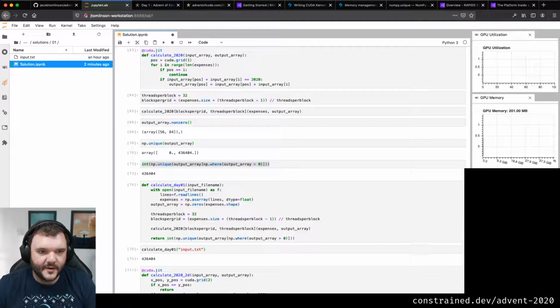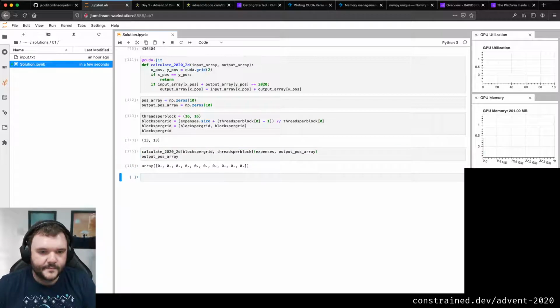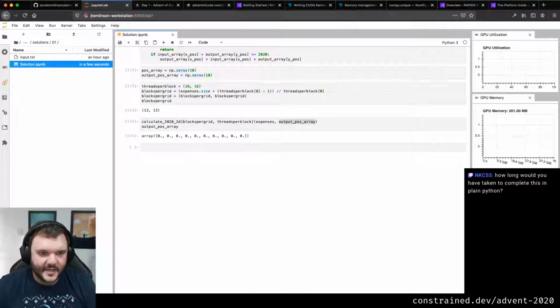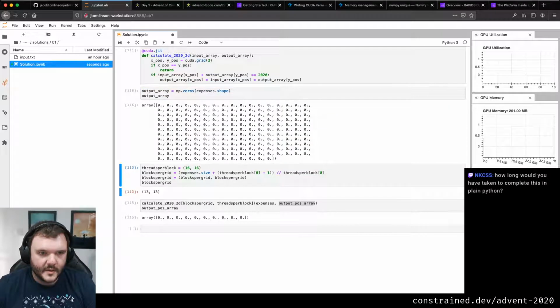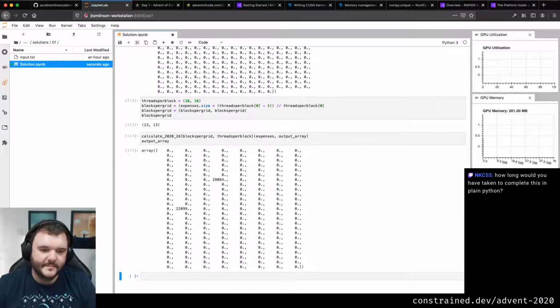So I want to call this on my expenses. And I did this output array is the same shape. Okay. That's giving me a different answer.